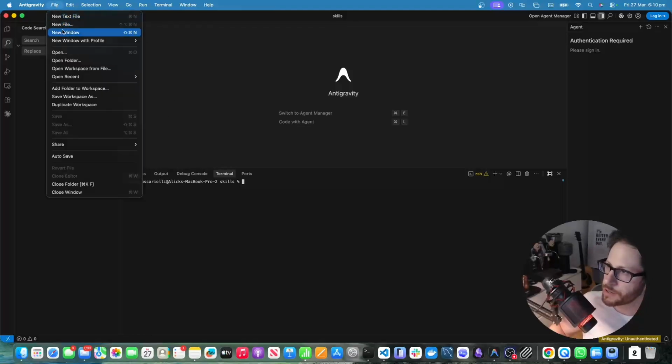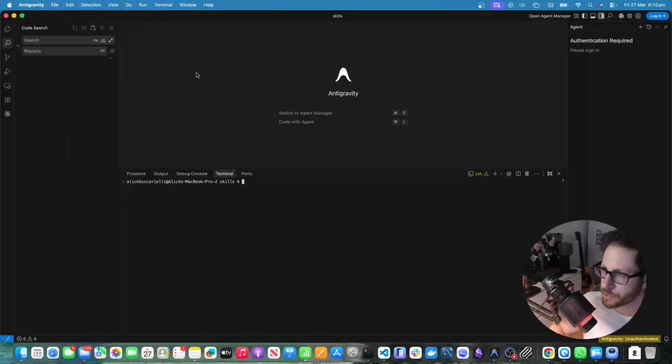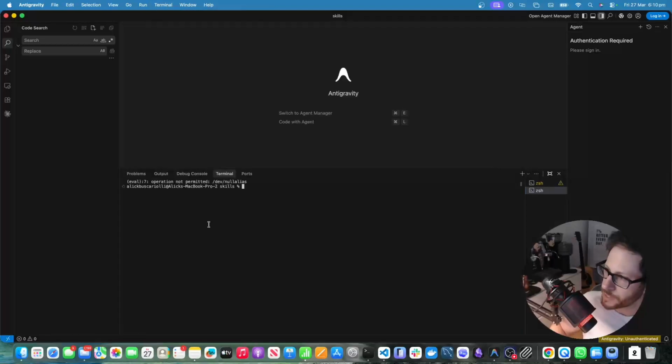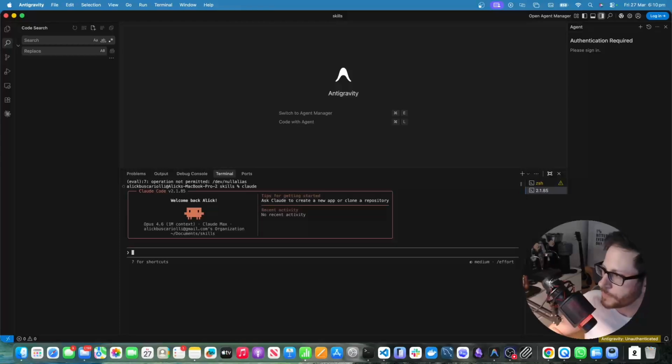Just click File, open folder, and then create a new folder for your workspace, and then you're going to land on something like this. Then we click on Terminal, New Terminal, and then we're just going to open Claude here. Now we have Claude, and then we can write our skill. So the convention for Claude to write a skill is